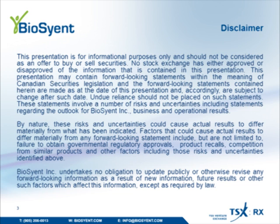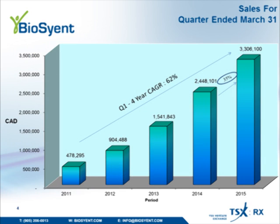I want to start with a summary of our sales performance top line in the first quarter. So I've got the first chart showing you the 3 months ending March 31st, going back to 2011. You can see the steady progression over that period of time, and in fact over the last 4 years our compound annual growth rate in the first quarter was 62%. In the 3 months ending March 31st of 2015, so this year's first quarter, we reached a little over $3.3 million, which was a 35% increase from $2.448 million in